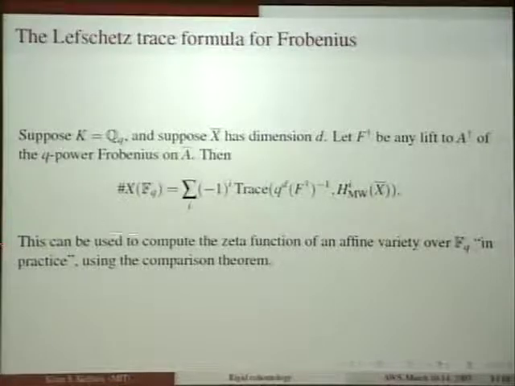But this is what Monsky actually proved, is that if you take this alternating sum of trace of q to the d F, the F dagger inverse, on the Monsky-Washington cohomologies, this actually counts fixed points of the q power Frobenius, which is to say F_q rational points on the variety. And what this tells you is that you can now compute the zeta function, because you can compute something like this. The zeta function